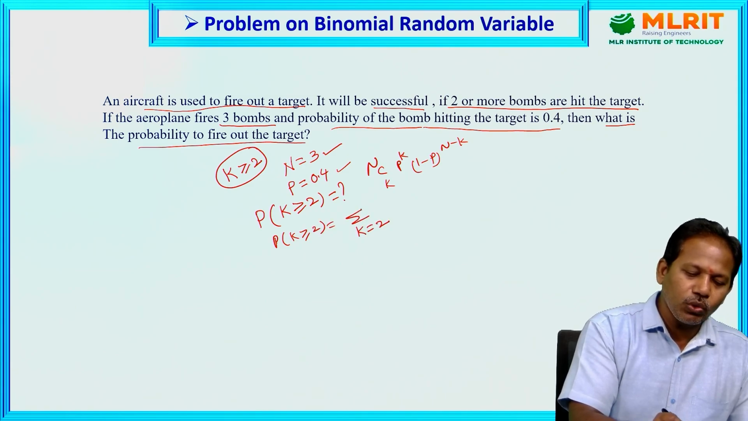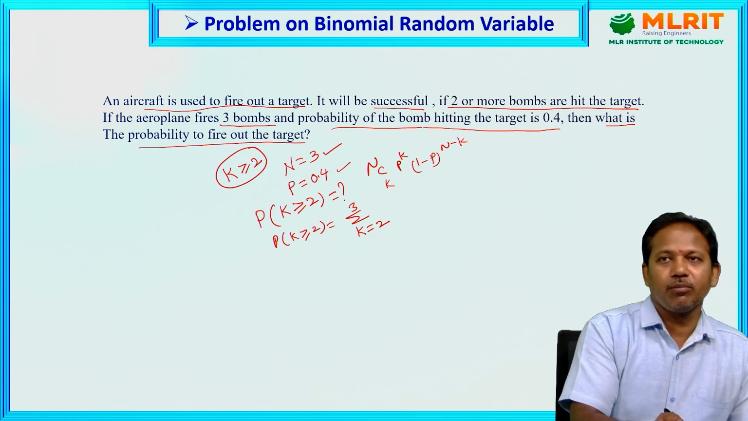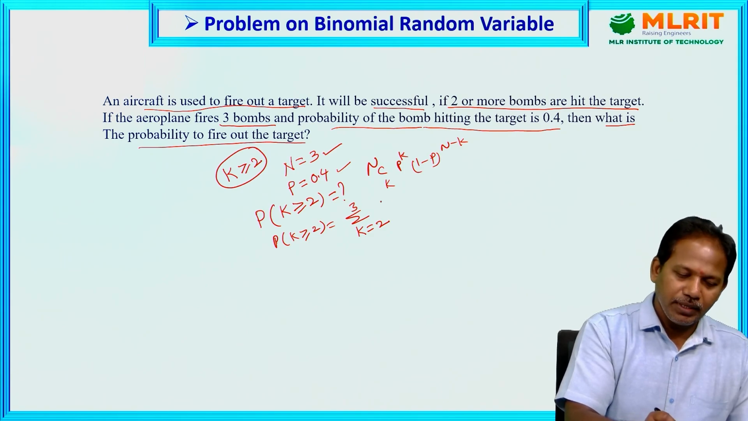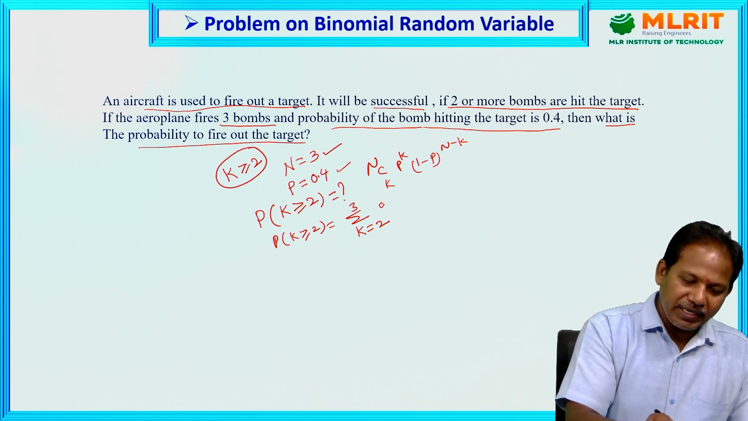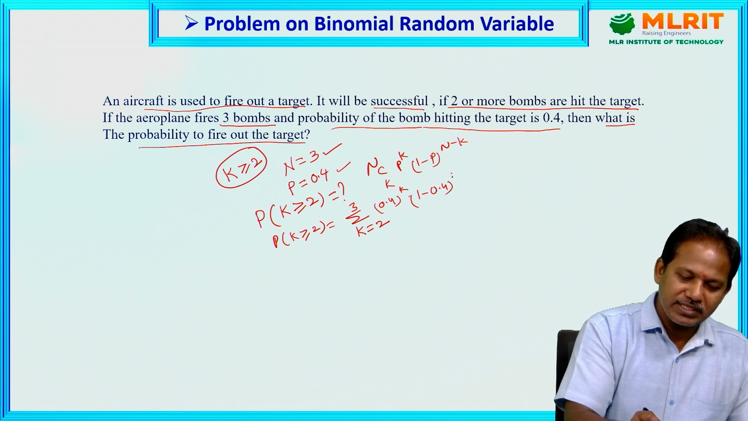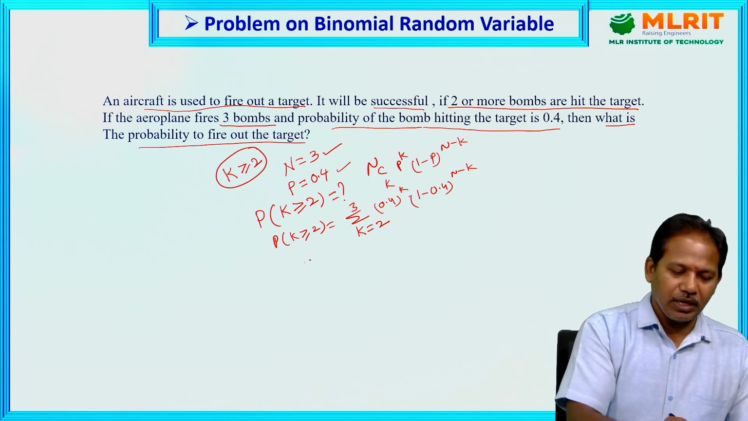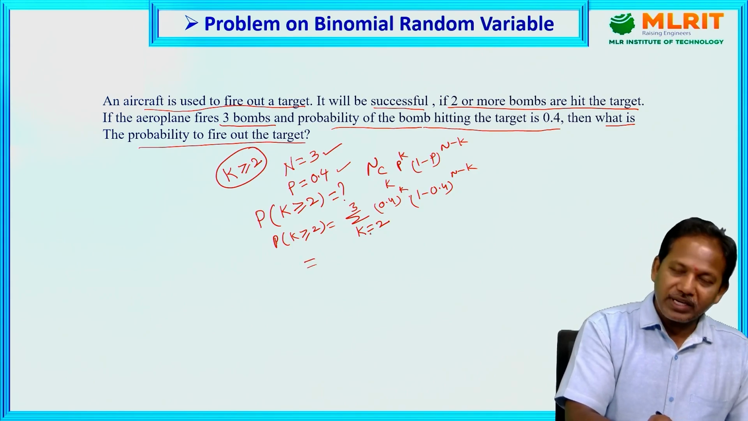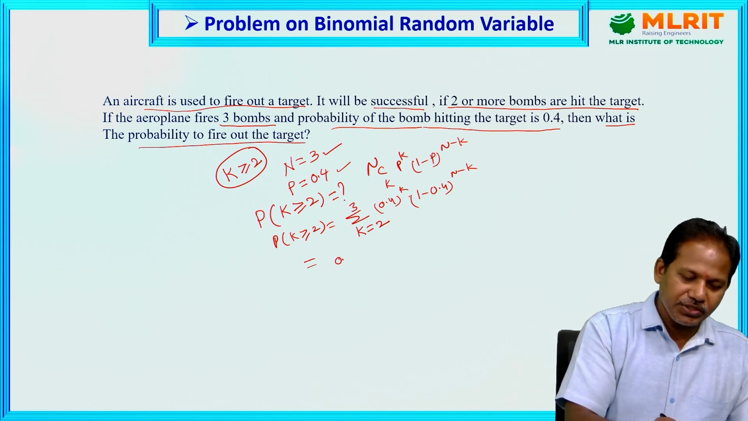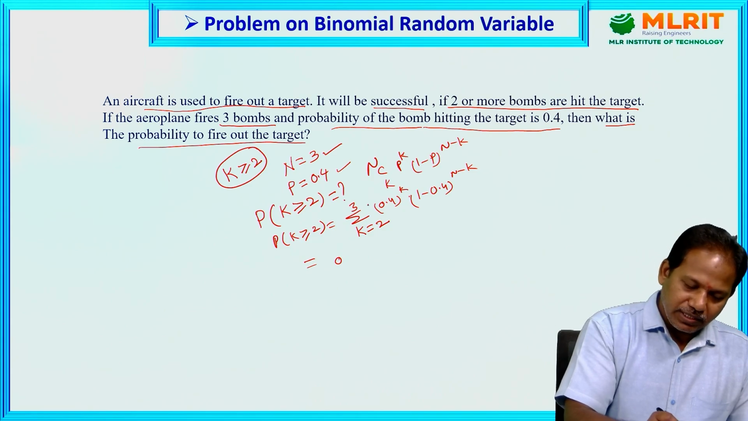equal to 2 to 3, the total number of bombs is 3, K equal to 3, and P here will be taken as 0.4 power K and (1 minus P), 1 minus 0.4, whole power N minus K. Now I need to expand this summation. I can write first K equal to 2, that is NCK,